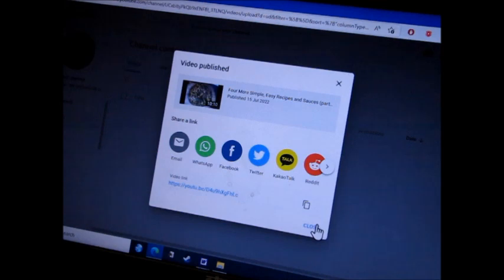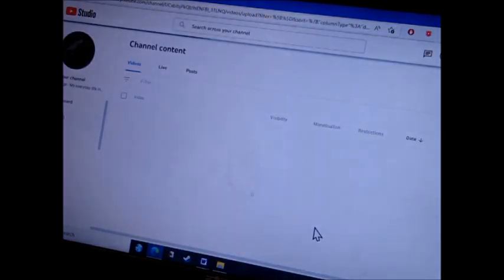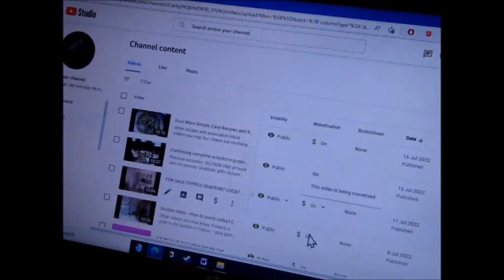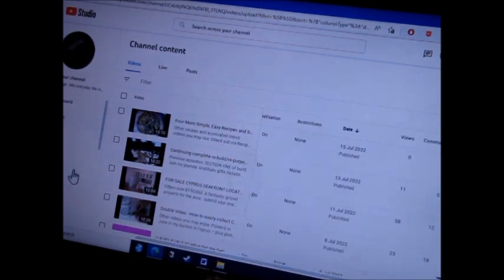And then don't forget to hit close down the bottom, and then you're back on normally your main page of your content. You can change what you're on here, and these are my last videos. You can check your views and things like that. You must know all this area if you're making videos. You can change, edit, all sorts of things here, and you can go and look here.